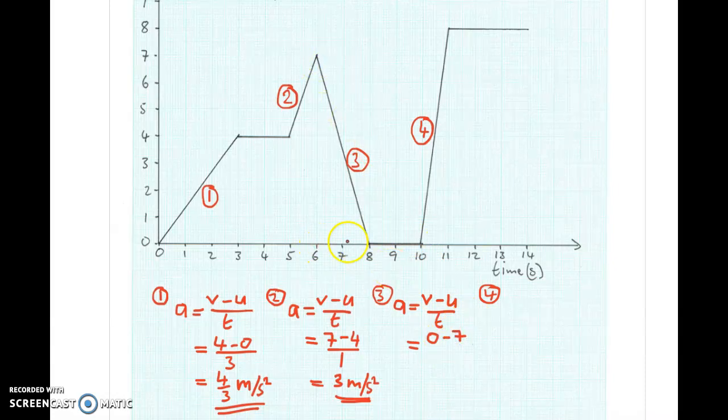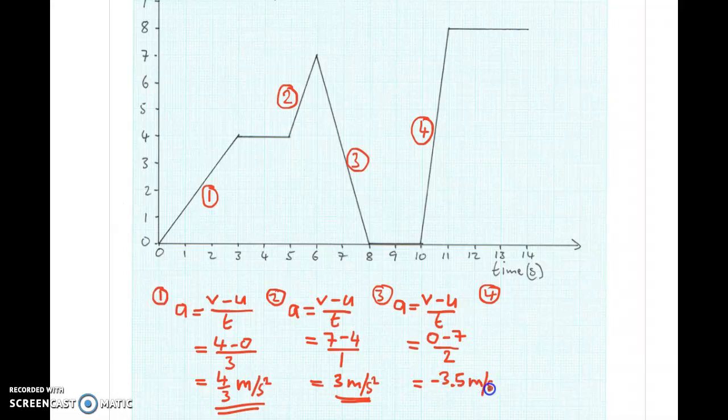And it does that in 2 seconds. So we're going to end up with a minus number because we have minus 7 over 2. So it's going to be minus 3.5